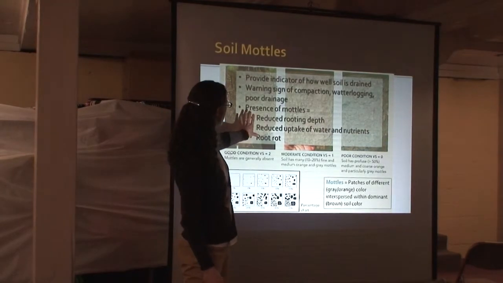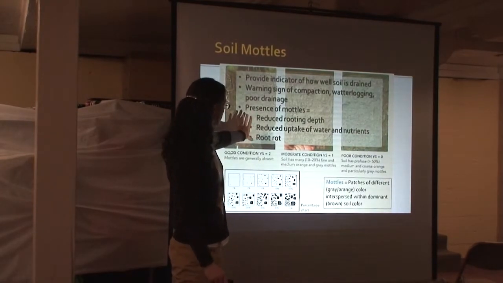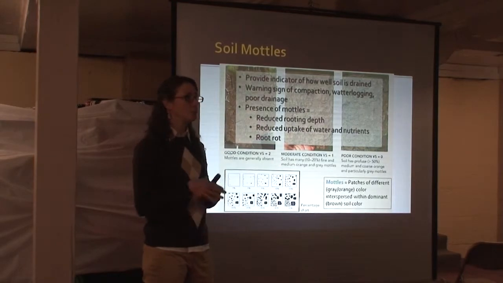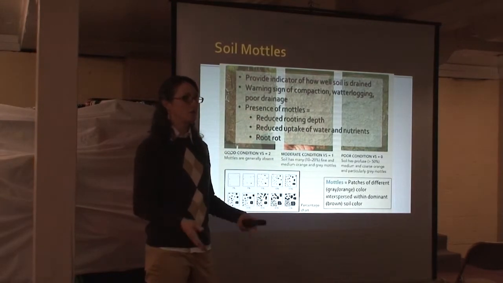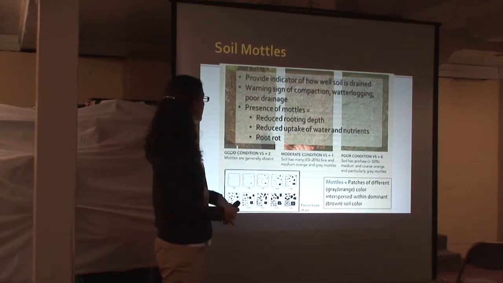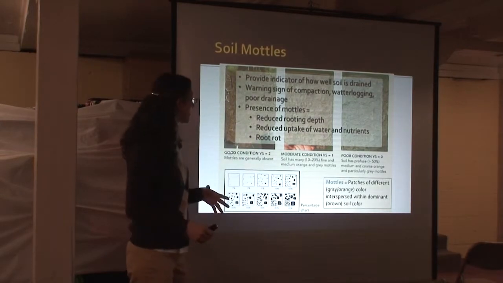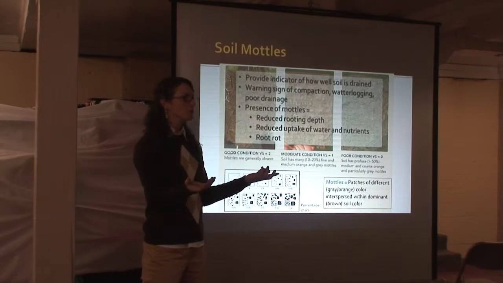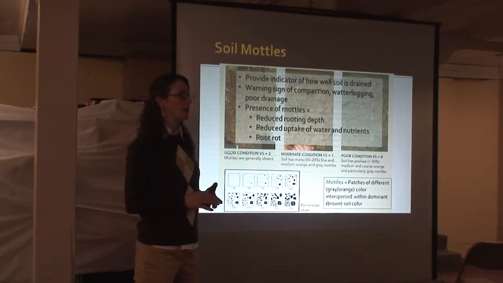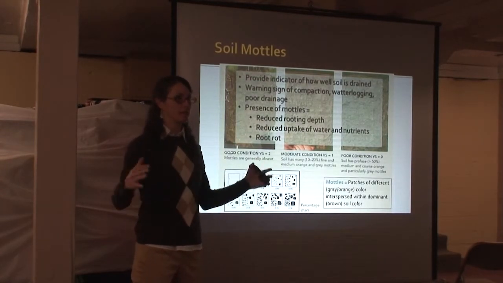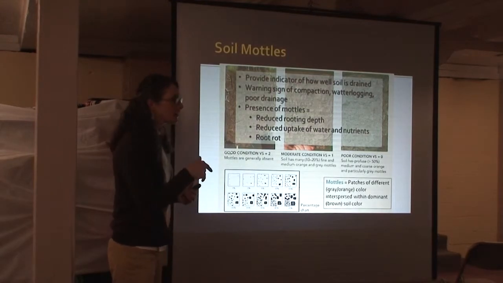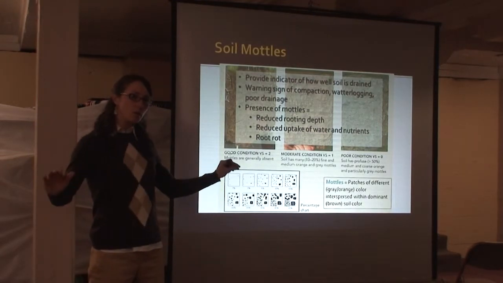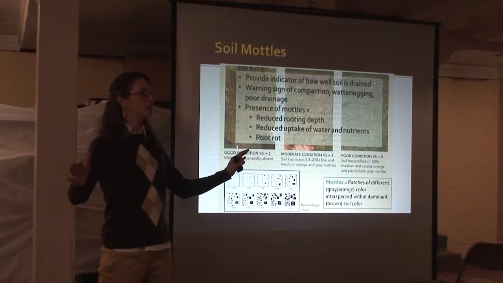So that essentially will reduce the rooting depth. Obviously, roots don't want to go somewhere where there's no oxygen and it's saturated. It reduces uptake of water and nutrients, and you can have root rot and kill. So your winter survivability of a crop is not going to be very good if you've got a soil that saturates like that. In our area, it's okay if you have a high water table, because mostly throughout the year that comes up and down,